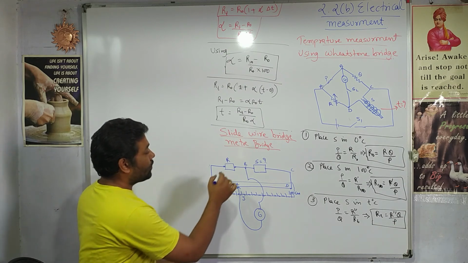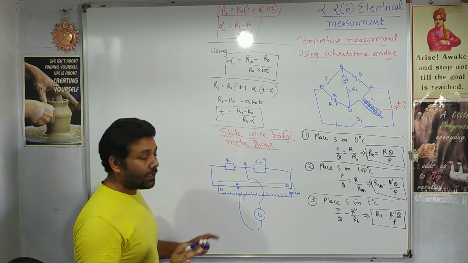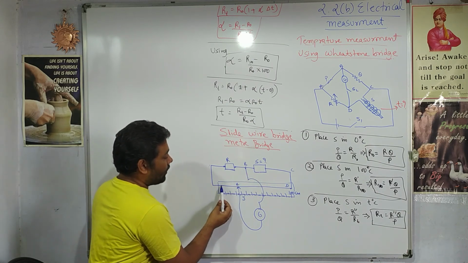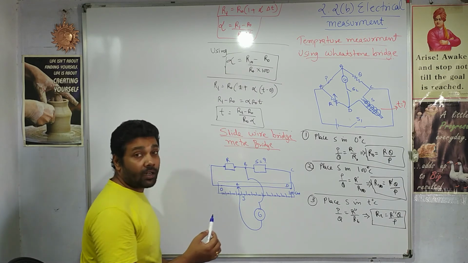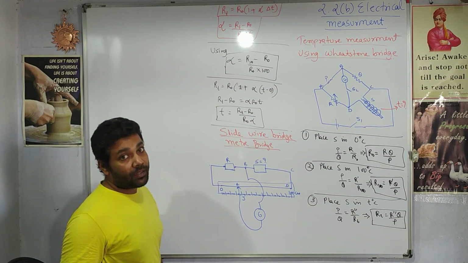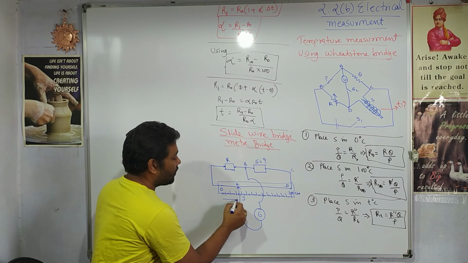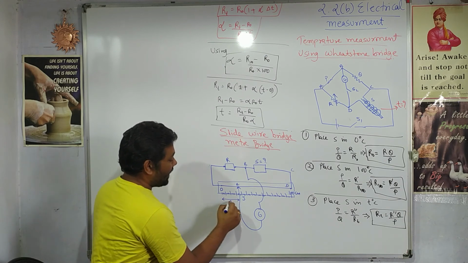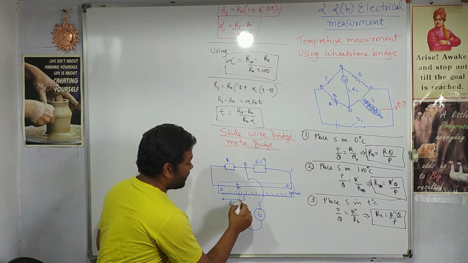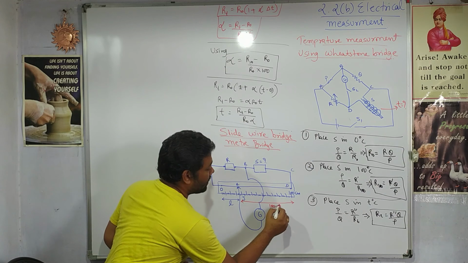Now what we do is arrange the resistance box in a suitable condition, as S is unknown. I start sliding the jockey from 0. The galvanometer current will change, and at some position the galvanometer shows 0 deflection. As soon as the galvanometer shows 0 deflection, I will notice the length. What is the length here? L. And the length on the other side is 100 minus L.